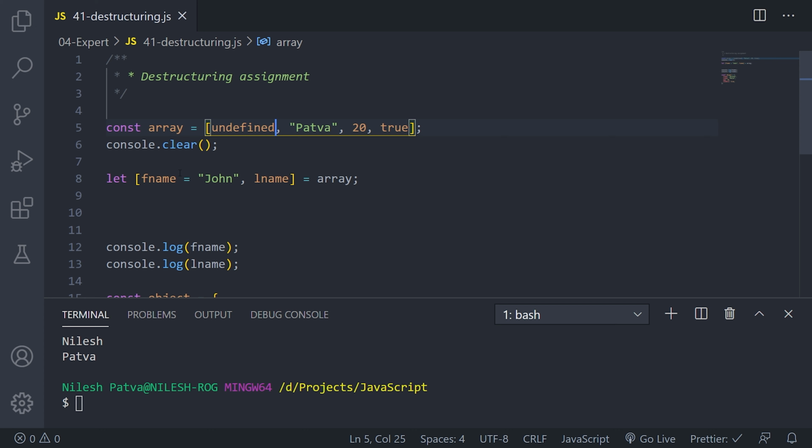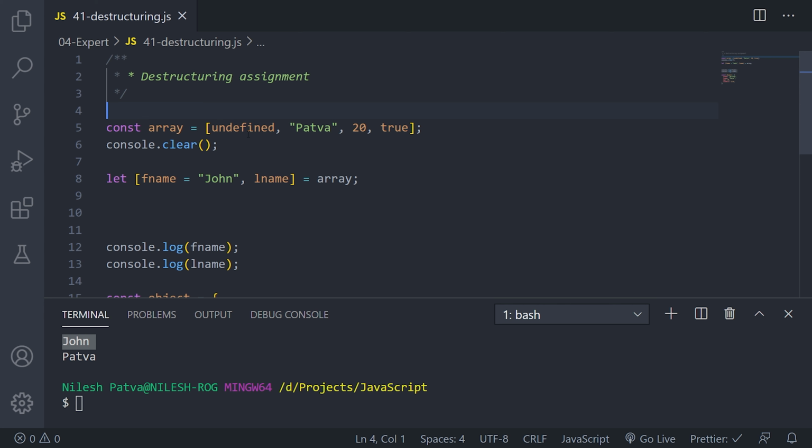So that means my first name is undefined, so it will take the default value from this syntax. So if I run this, you can see John has been assigned to f name here, and it has been printed. So you can actually assign default values as well in array destructuring. So that is one way of doing this.